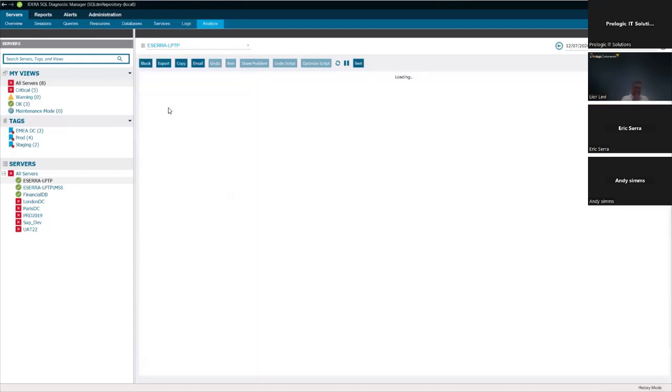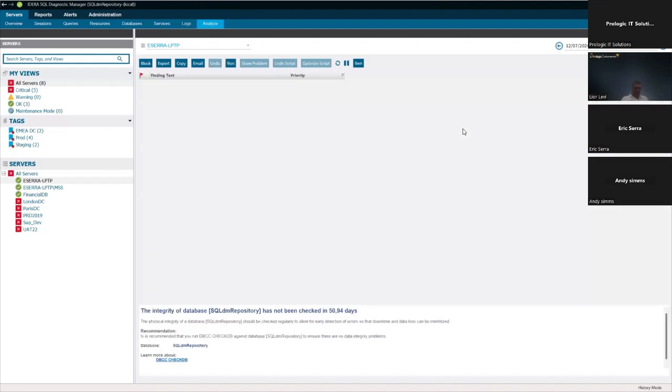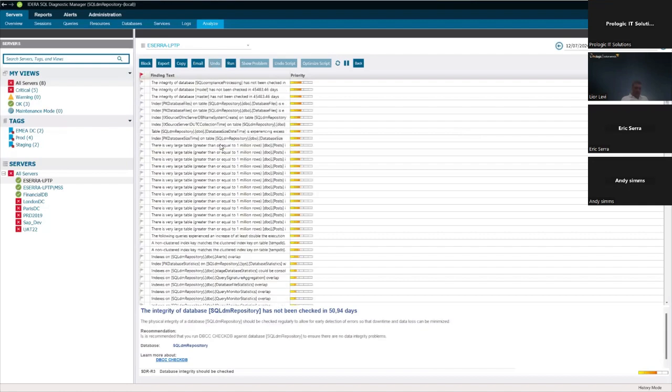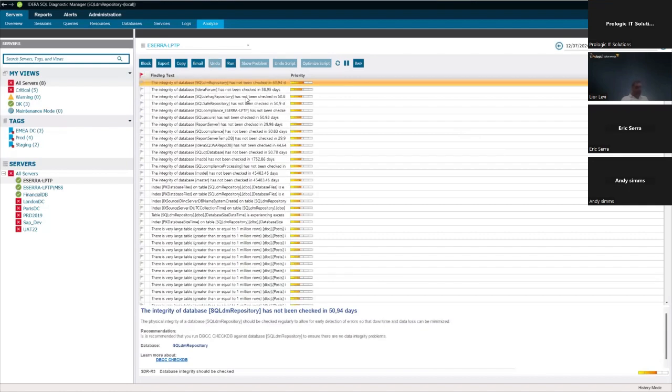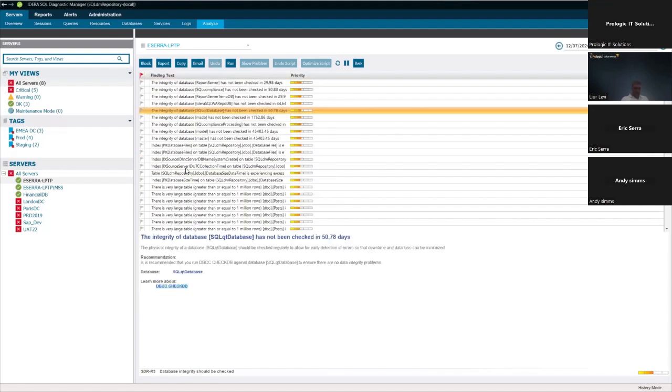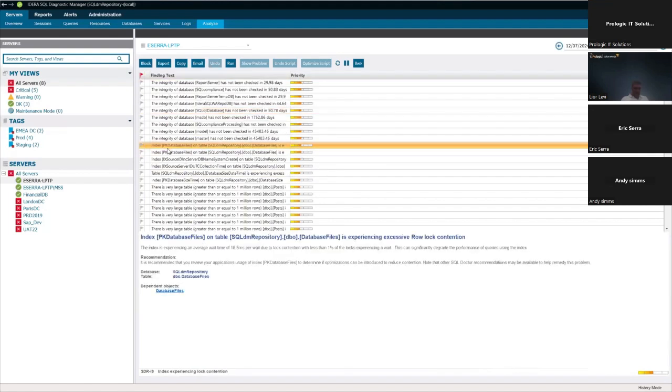If I double click on that one, because I can come back into the past, even to another one, I can see my 212 recommendations sorted by the highest priority as the first lines of these results. If I click on one, I will get the information about that recommendation. Integrity of database has not been checked in 50 days. Learn more about DBCC CHECKDB and so on. All of the first lines are integrity, but I can see this index, primary key on table,